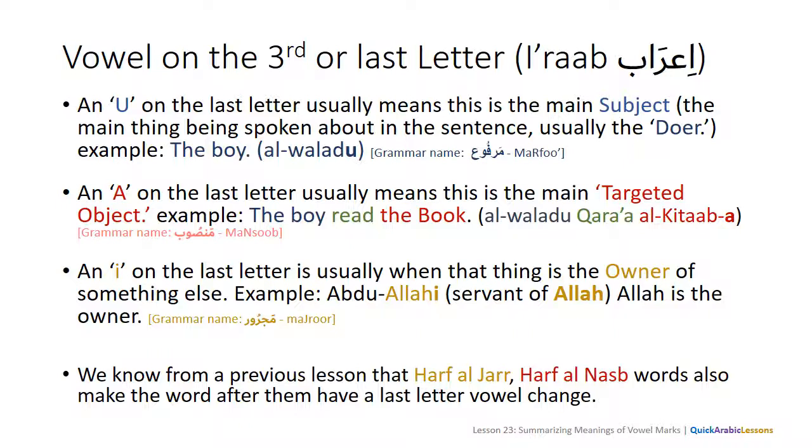So then the kitab, the maf'ul bihi, is the kitab. The boy did something to the book, the main object. This in grammar is called mansoob. Now the third bullet point, an i on the last letter is usually when that thing is the owner of something else. Example, Abdullahi, the servant of Allah. The word Allah is the owner, so Allah has an i on the end,